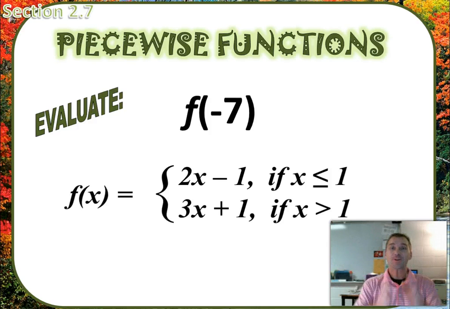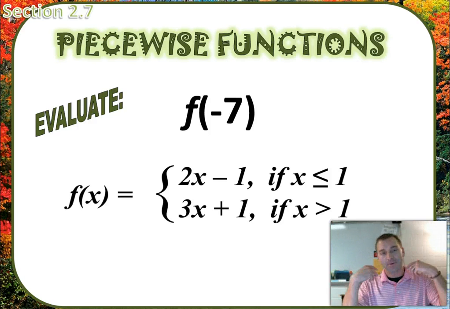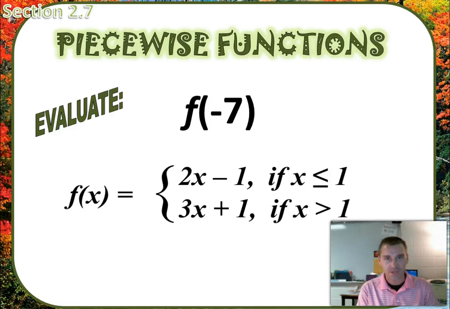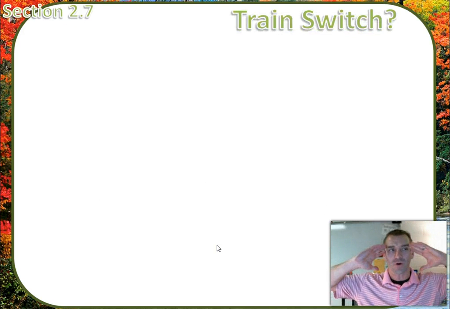So you're taking a function and creating 2 or 3 or 4 or 5 different pieces to it over a certain domain, a certain x value, on the graph. This is what they look like. So now we're going to evaluate these piecewise functions when x is -7, and there seems to be a lot going on here. But the best way I can help you understand how this works is if you guys